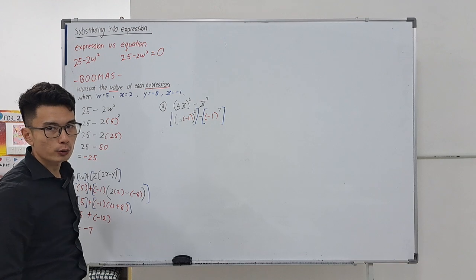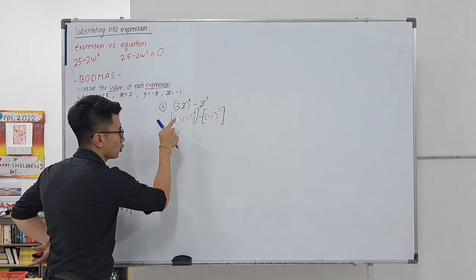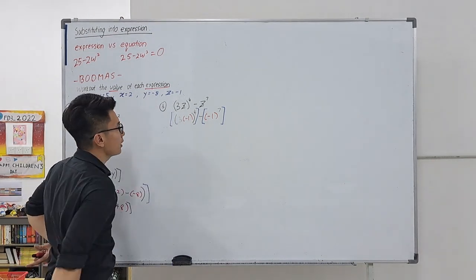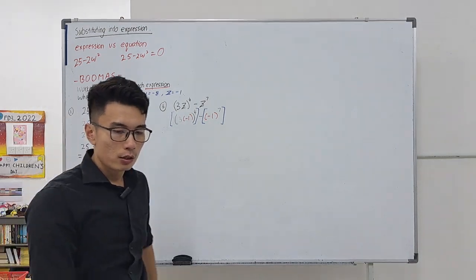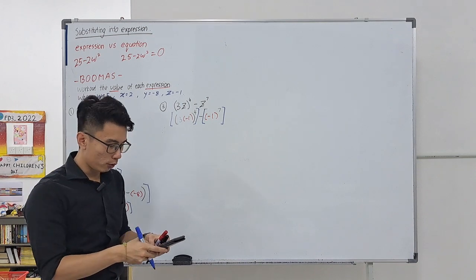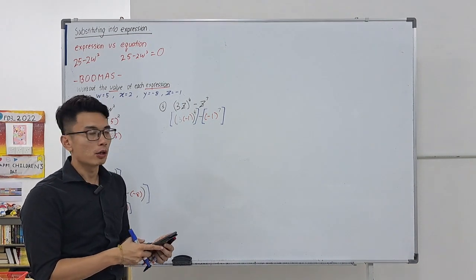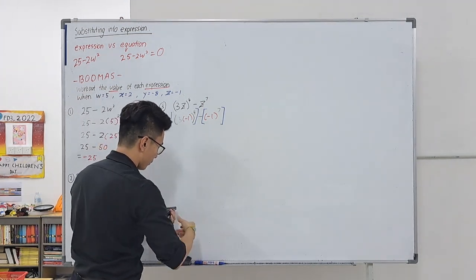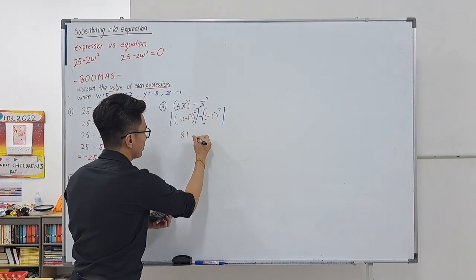Now, according to BODMAS, what should I do, alright? Since I have a bracket here, which means I should multiply first, alright? So if I multiply this, 3 times negative 1, I have negative 3. Alright? So negative 3, I raise it to the power of 4. And that should give me 81. Alright? So over here, what I have, I will get 81 minus